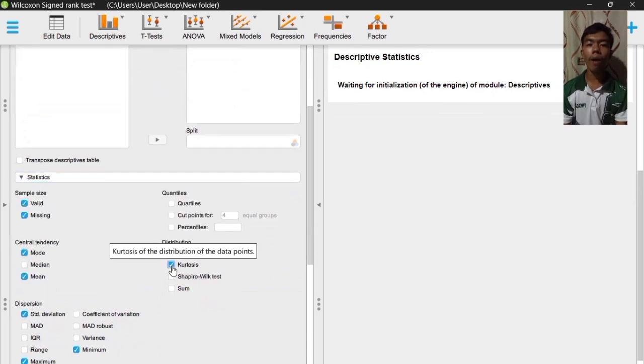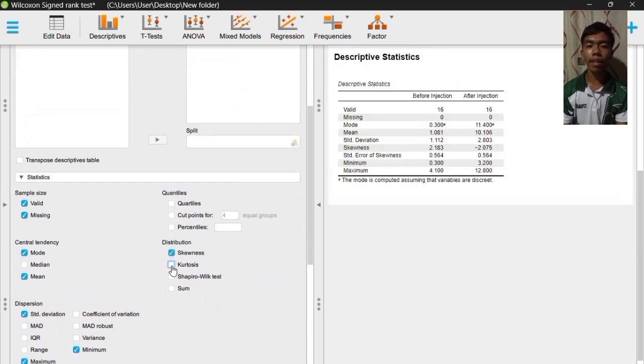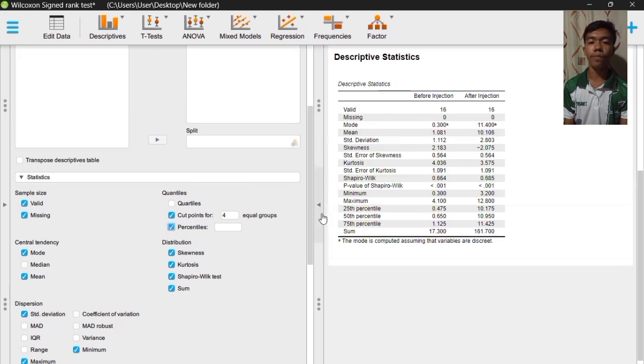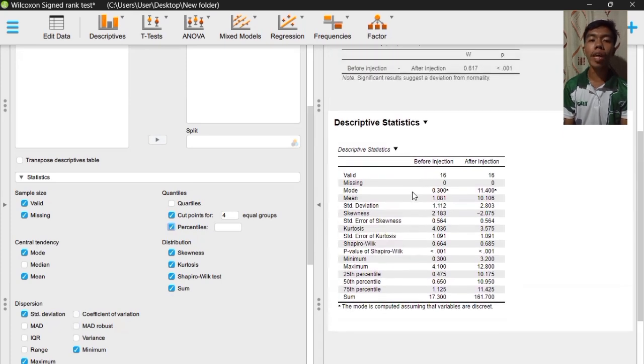There, we have now our median of 0.650, which is again, always remember, the same as our 50th percentile, but for the sake of this, we're going to use all the data. We have now our measure 1 of before injection and measure 2 of the after injection with our Wilcoxon rank sum value of 3. Z-value of negative 3.361, our p-value of less than 0.01.